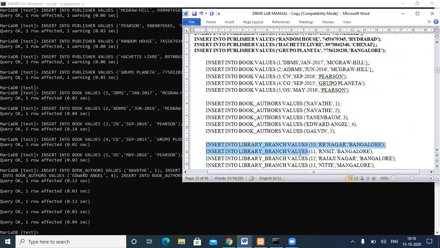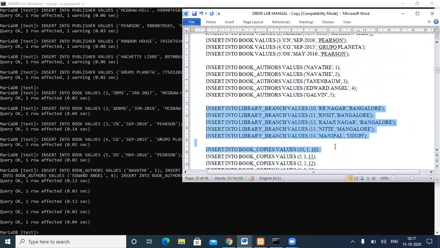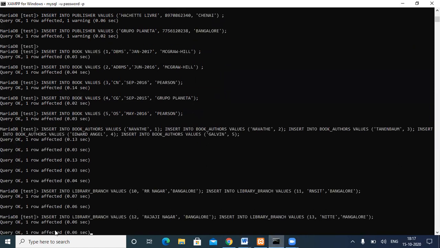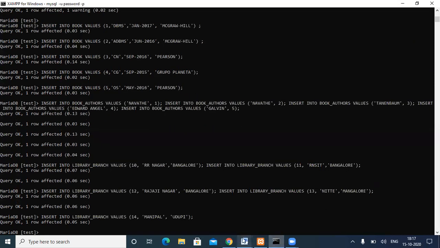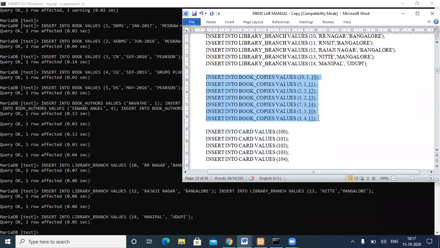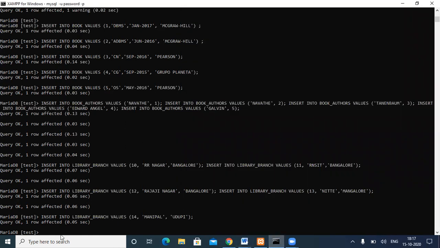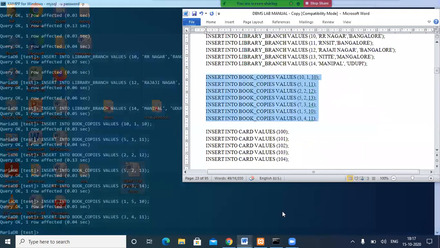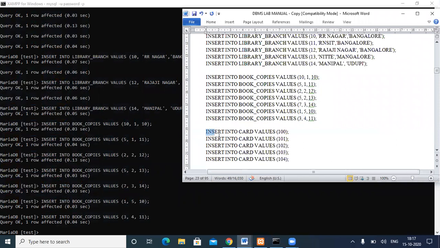Next, library branch. Number of copies. And the values for the card.